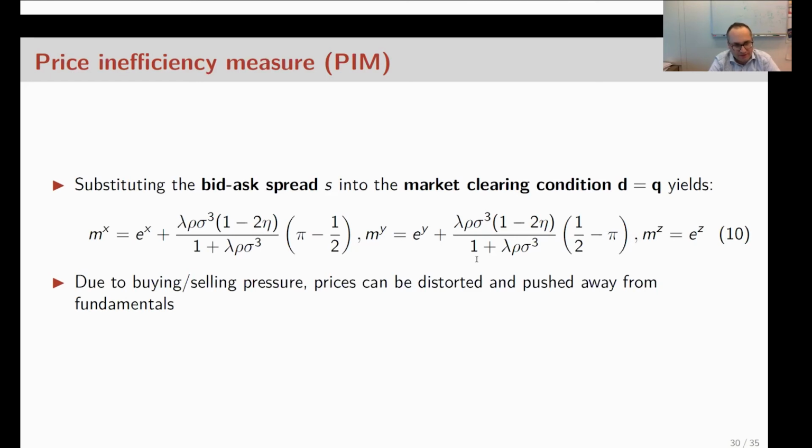What is important is that in this model we can get price distortions. So the price being the actual price, the mid quote, being driven away from the fundamental value E. And this arises because of the liquidity traders pushing the price away from fundamentals, but it also arises because of the risk-averse dealers that don't expand the balance sheet infinitely to take advantage of these mispricings. So there is some mispricing that can persist.